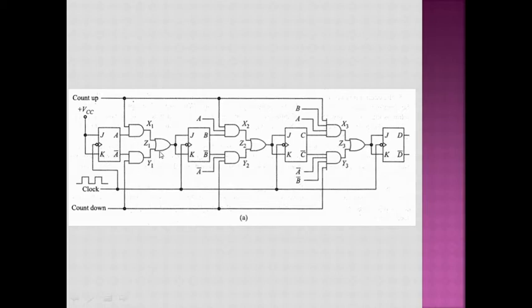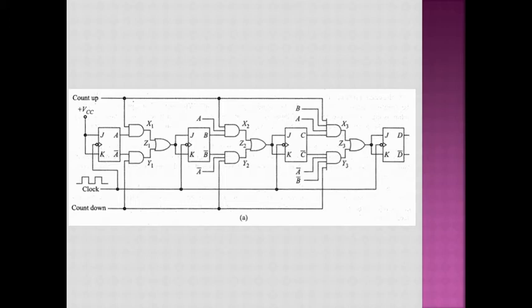X1, Y1 and Z1 is given. The same thing between the flip-flop B and C. Again, there is a X2, Y2 and Z2. This network is given. And between the flip-flop C and D, there is a network X3, Y3 and Z3. That AND/OR network is connected like this. But the number of inputs are going to be different.